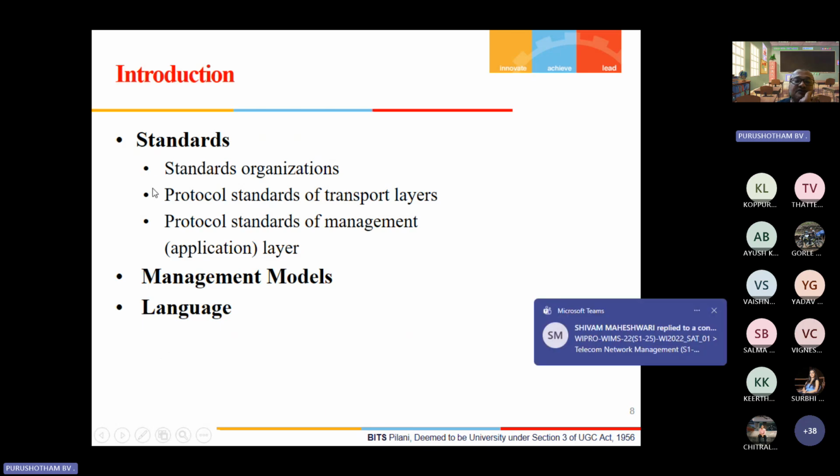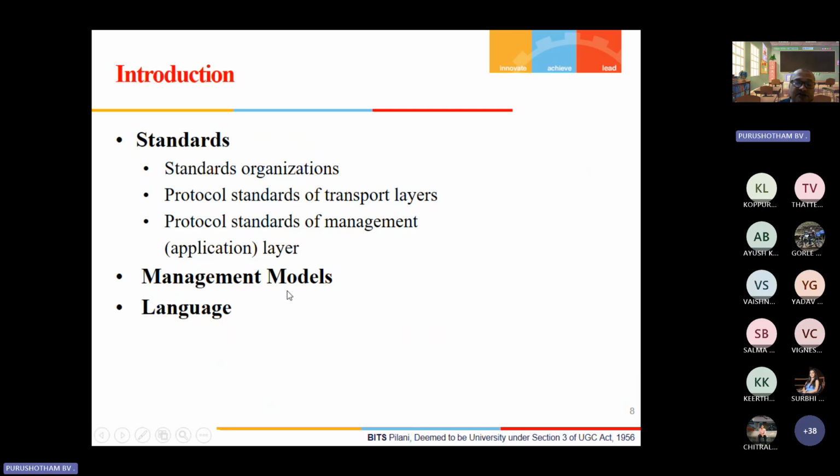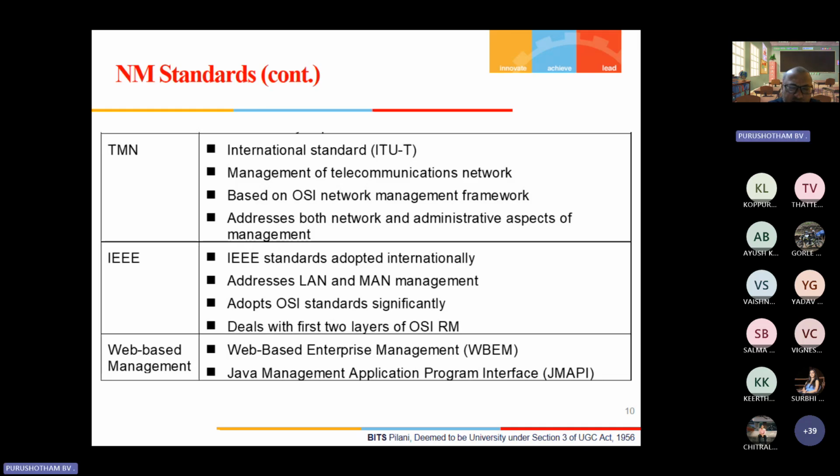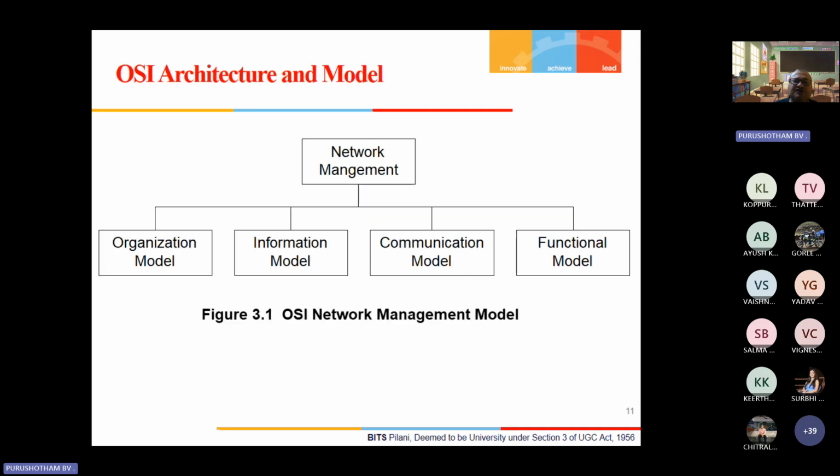So standards: what are the protocol standards that we have, and then the management models and the language, that is what we are going to look at. As you know, there are multiple international organizations which have come forward to provide standards like OSI, SNMP, TMN, IEEE, web-based, etc. The architecture and the model were more or less based on the OSI reference model.